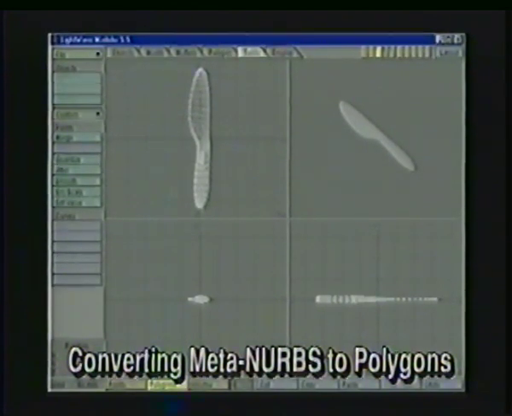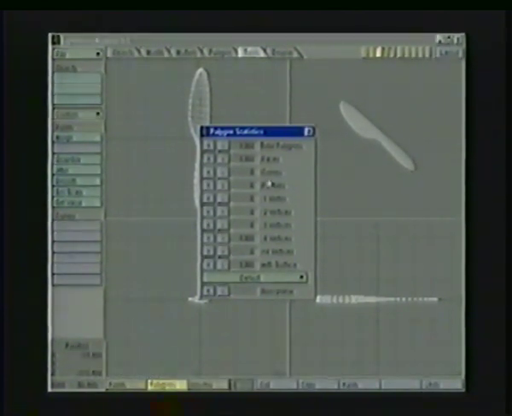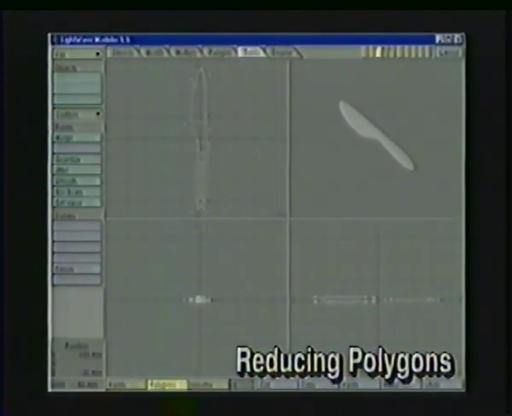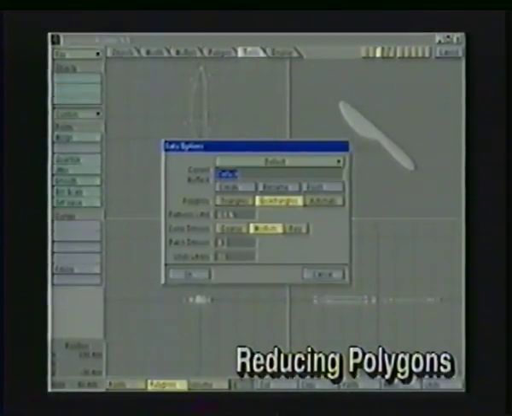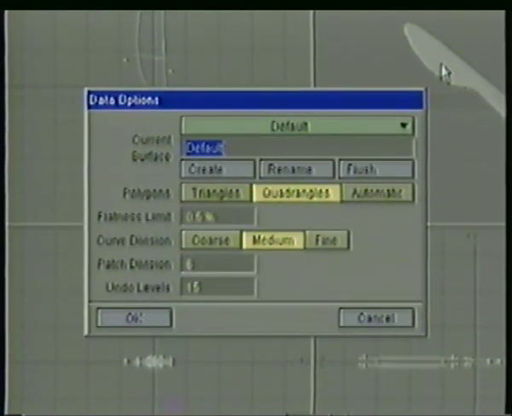If I use the W key, my polygon statistics, I can see that it's 1,368 polygons. That's a lot of polygons, especially for a very simple object like this. So I'm going to undo that. And as I described in the beginning of the tape, in the options panel, hit O, we have this number here, the patch division number. And when I described it earlier, I talked about it modifying the way that your preview looked in OpenGL. But this is also the number that determines how many polygons are going to be used to create the object